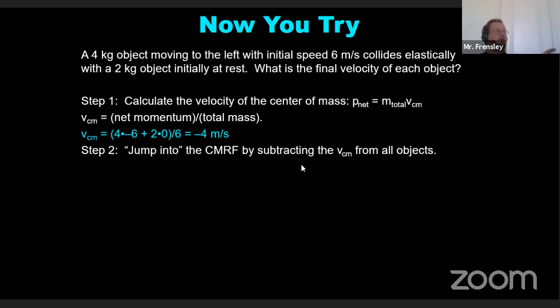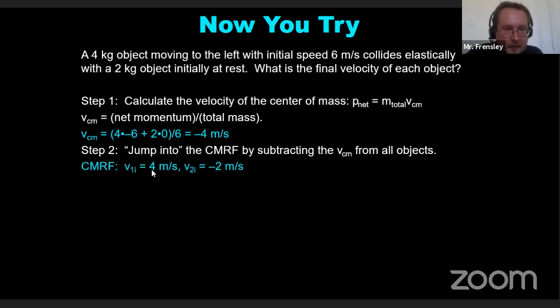Okay, so now what am I going to do? I'm now going to think in terms of what the center of mass sees. So to jump into someone else's reference frame, you subtract their velocity from everybody. So I'm going to subtract -4, add 4, to each velocity in the Earth reference frame. So taking -6 and subtracting -4, I now get,